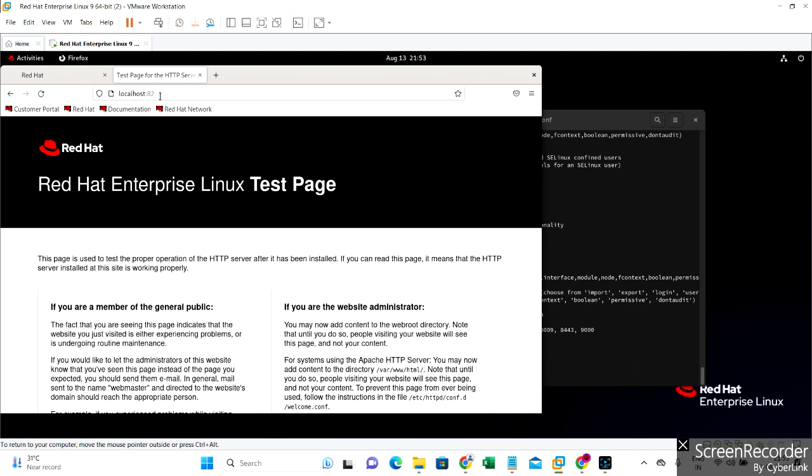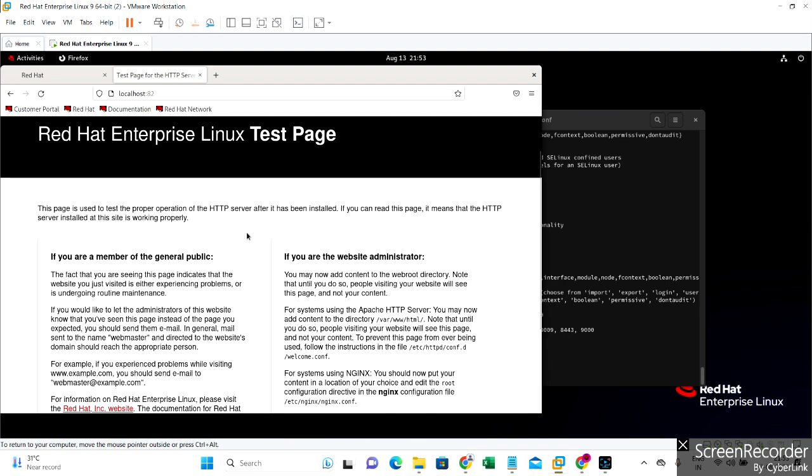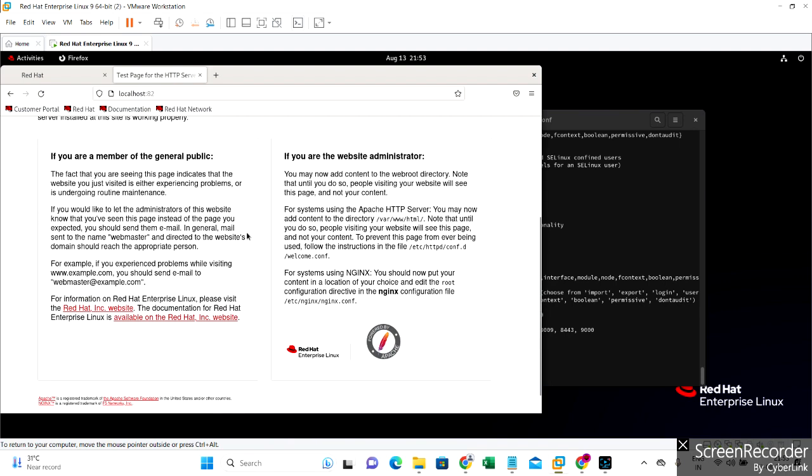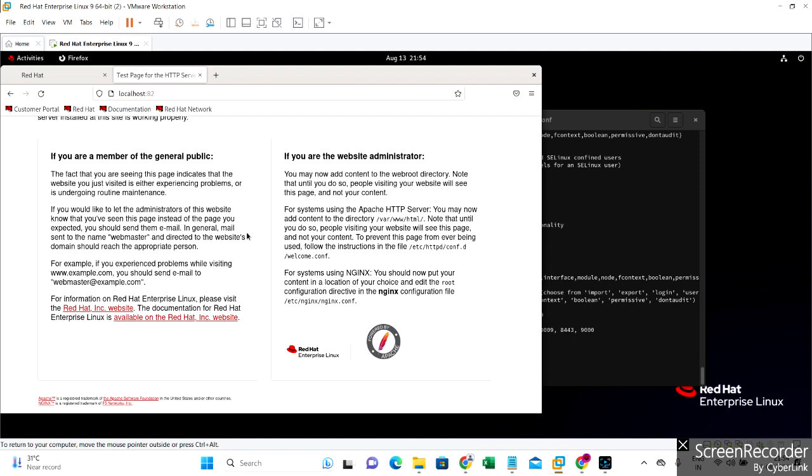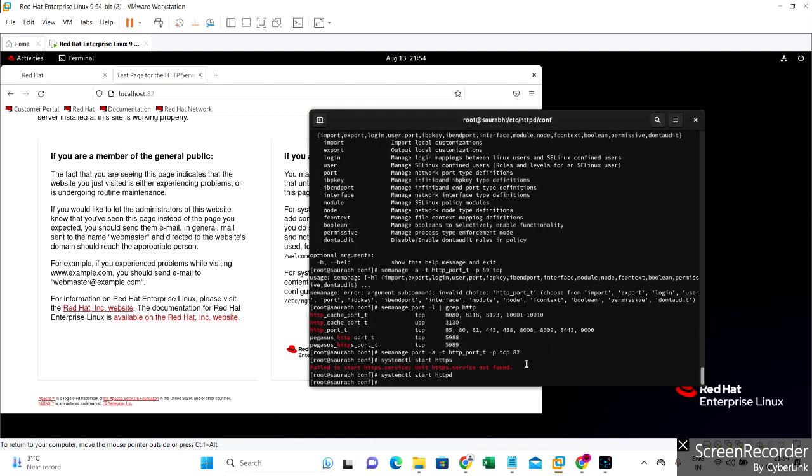Okay, localhost 82. So we are still not able to access. Are we able to guess why we are not able to access? So what do we have to do? We just have to check one more thing,